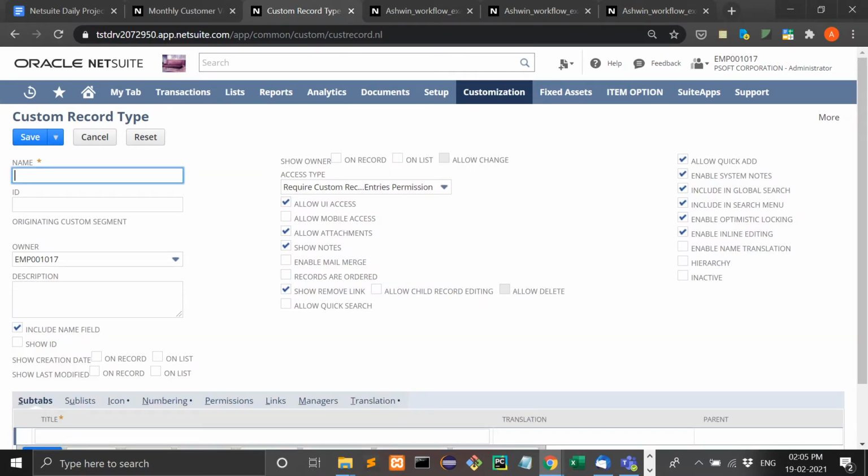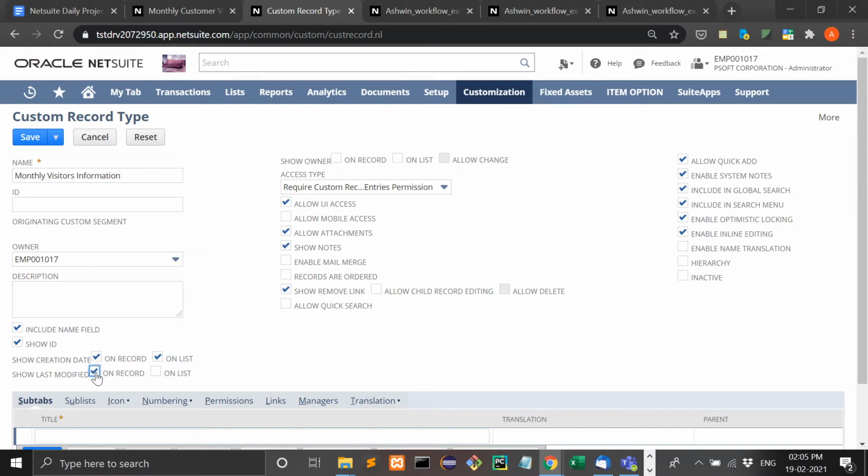Monthly customer visit. Monthly visitors information. Let's take visitors. A company is having their branches in many cities, and company wants to know that how many customer comes monthly and their purpose. So here you can add the description, show ID. It is useful for future coding.